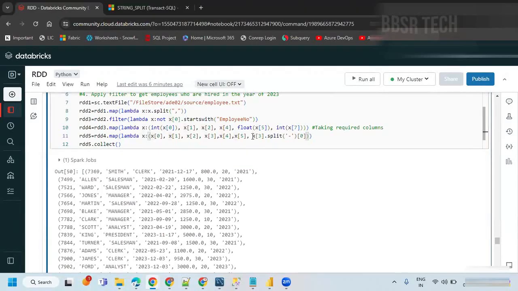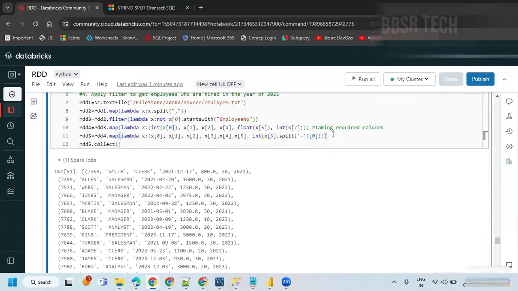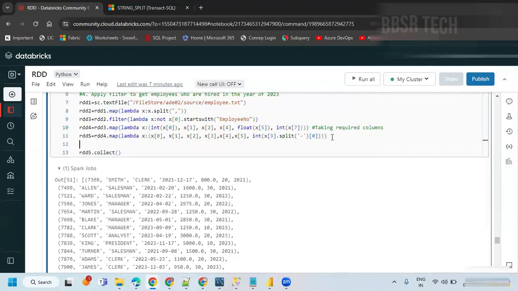This entire thing you have to convert into an integer. So I'm just going to say int of. If we execute again, we can get the year also, right? Here it is getting. The next statement, I'm going to apply the filter. Here itself I can apply the filter. Let me do it here. RDD6 equals RDD5.filter